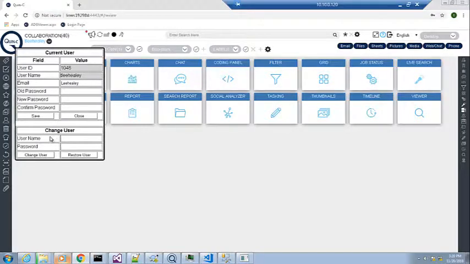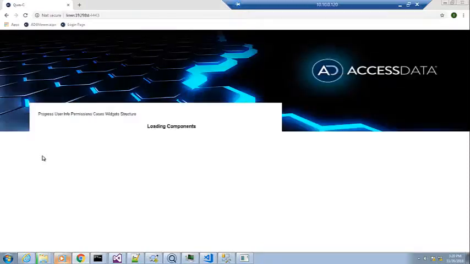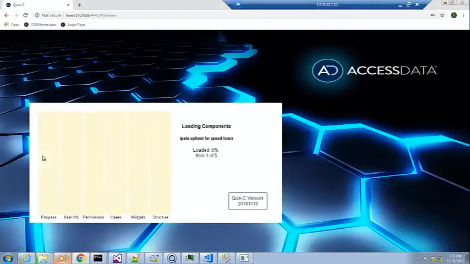Okay, you can see you have the change user option here. And if you go ahead and type administrator and then ABC123, which is the wrong password. If I click here, it's going to say authentication failed, but let's go ahead and put the right password, which has an exclamation mark at the end. And then we're going to go ahead and change user, you're going to see it's going to log me out and log me back in as the administrator, even though I'm in